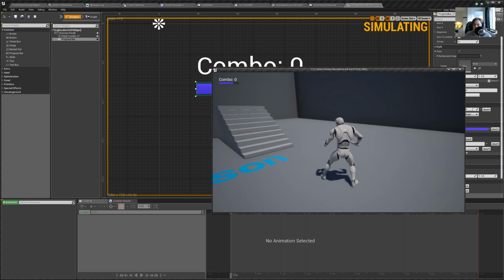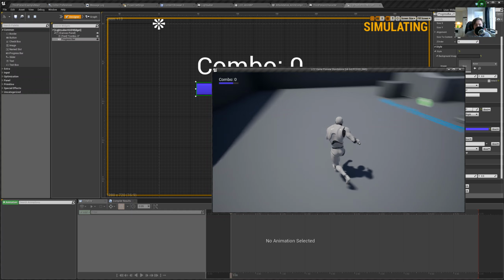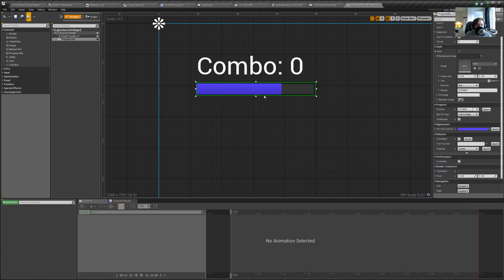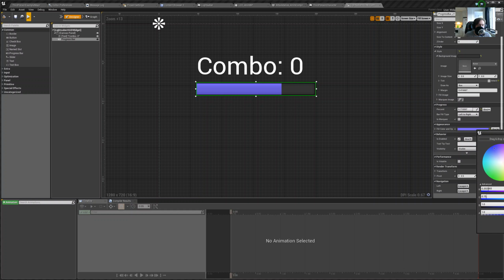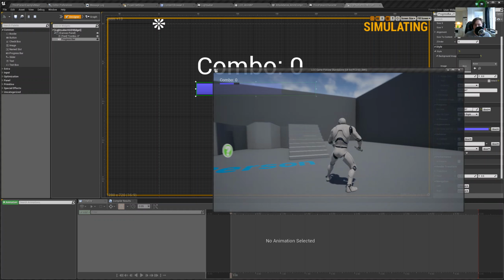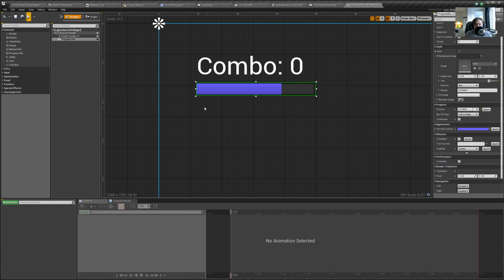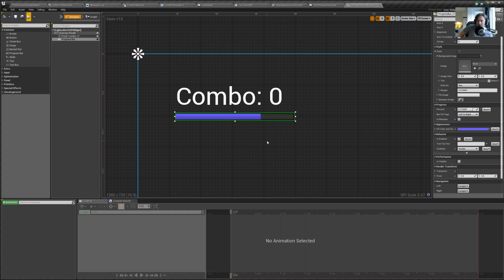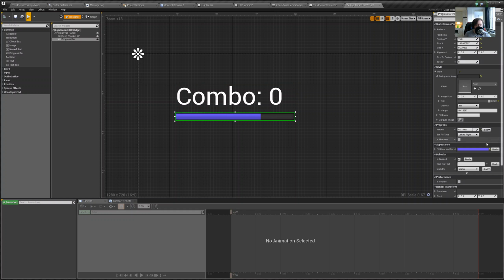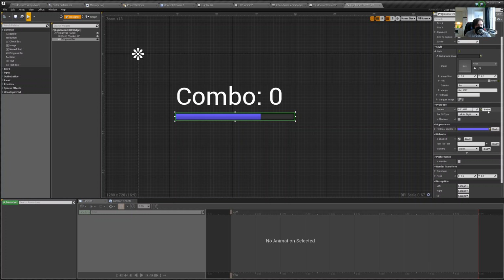Okay, if we play, you can see that we have a progress bar there, but we need a lighter color, of course. Something like this. Don't ask me why I chose this color. Okay, so yeah, let's make it slightly thinner. Now let's bind some data to it to not waste too much time on the user interface here. So fill color opacity, so percent